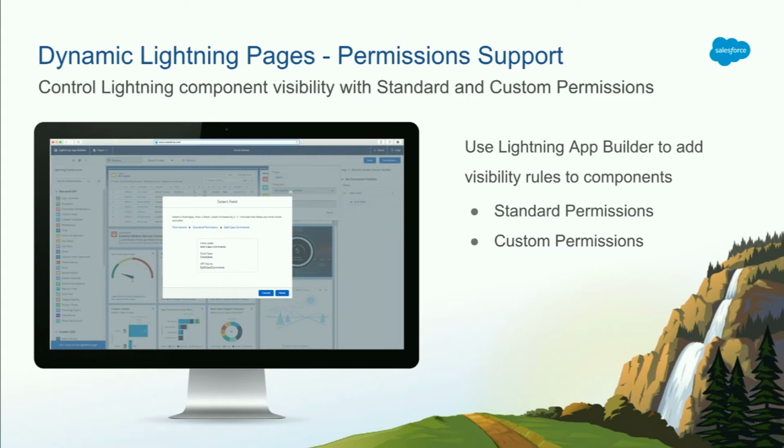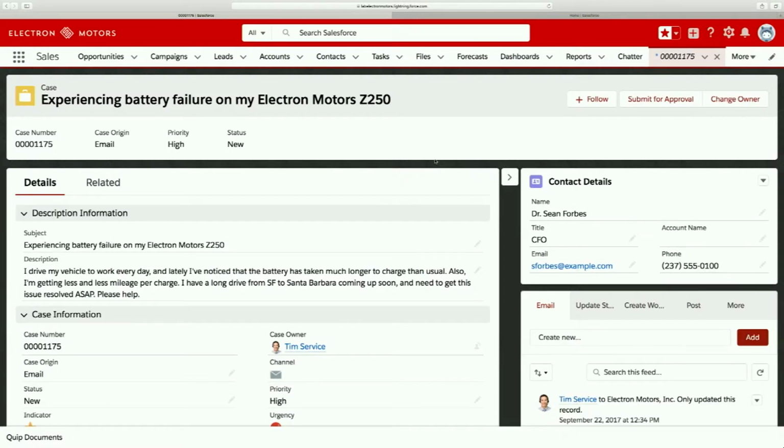And we're extending the functionality that we have today. We are able to add rules based with permissions. So admins can go in, they can use their standard permissions and their custom permissions to control component visibility. So super excited about that. I'm going to go ahead and get into a demo and show you both these awesome new things. We love demos. Okay, so first up, I'm going to show you how our users can go in and activate